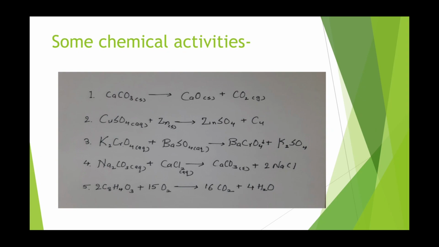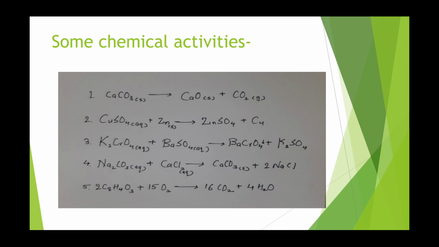First one is, we have to heat limestone powder. Now, we know that limestone powder, which is also known as calcium carbonate, when heated, breaks down, that is, it decomposes to form calcium oxide and carbon dioxide. The chemical reaction can be represented as CaCO3 gives CaO plus CO2. That is, calcium carbonate is broken down to form calcium oxide and carbon dioxide.